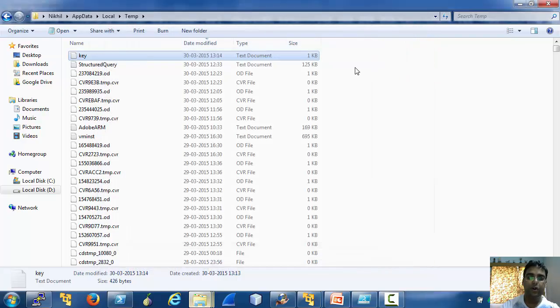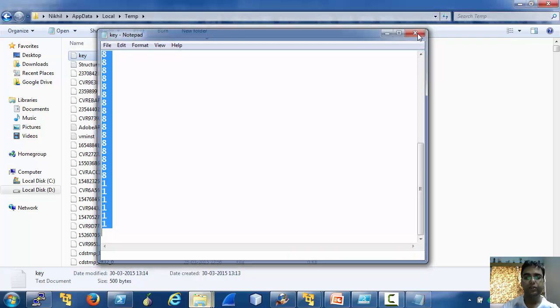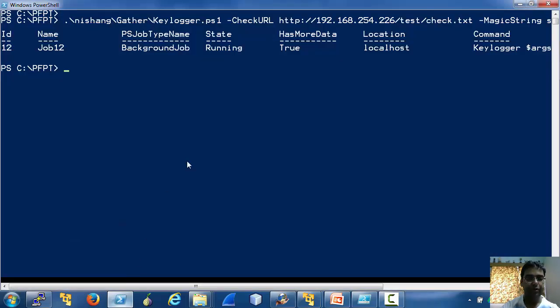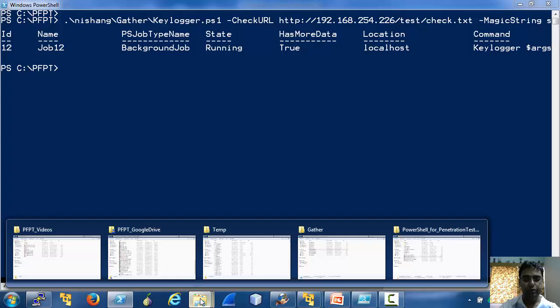So the keylogger logs keys into a key.log file in the user temp directory. Let's save it to